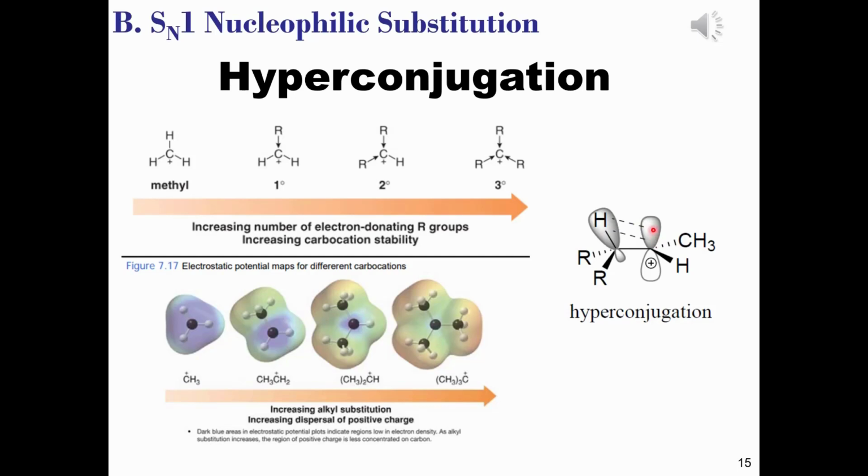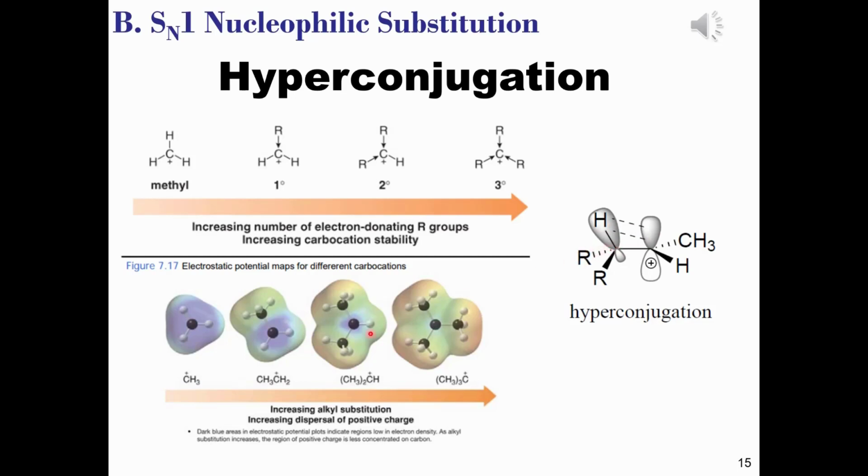In the case of this carbocation, the unfilled orbital is the vacant p orbital of the carbocation, and the filled orbitals are carbon-hydrogen bonds. They can also be carbon-carbon sigma bonds at the carbons that are adjacent to the p orbital for the carbocation. Sharing of this electron density from either adjacent carbon-hydrogen or carbon-carbon sigma bonds with the carbocation